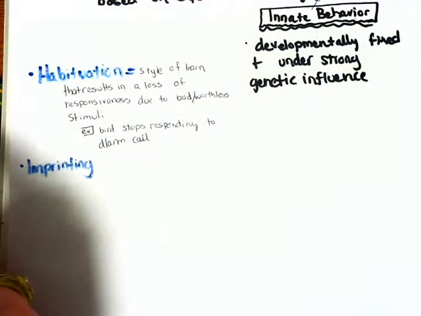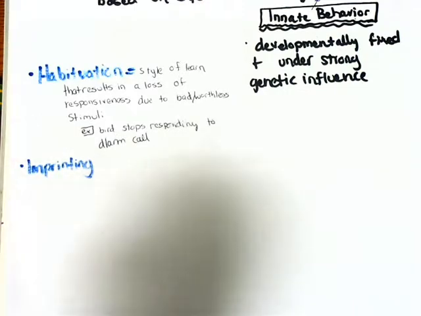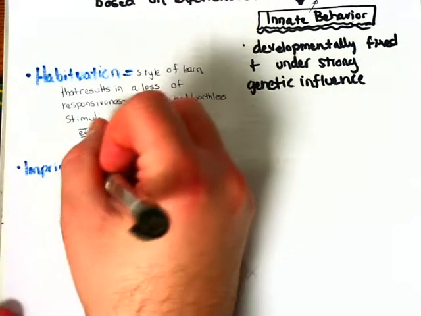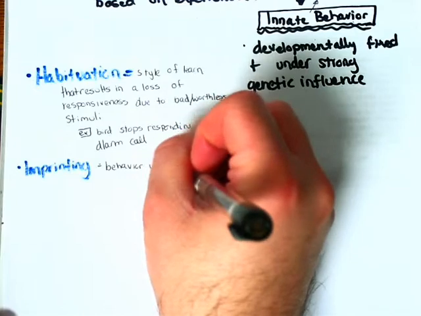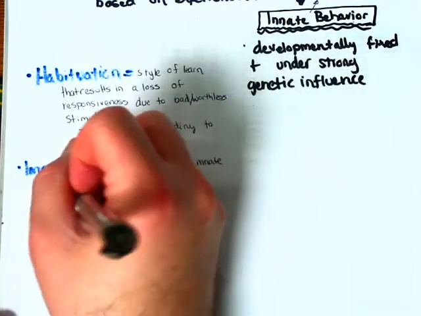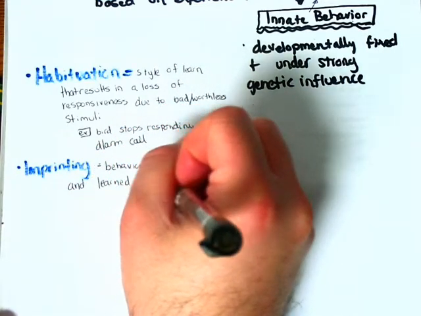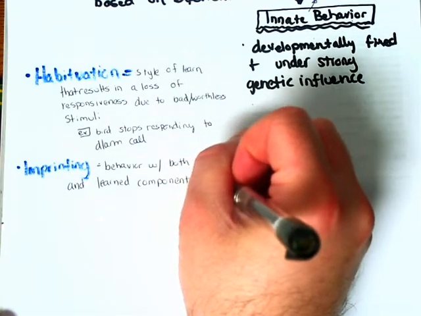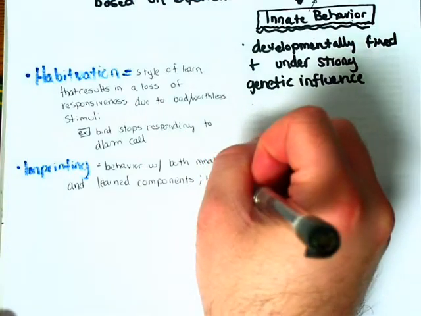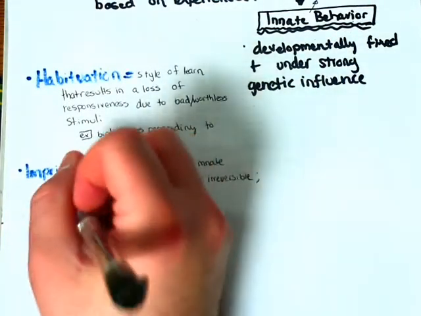Imprinting. When you think of that term, imprinting, you kind of think of something that's pretty much static once you put it in the mind of an individual. And it is true. It is a behavior with both innate as well as learned components, and is typically considered irreversible, which means it really obviously cannot be undone. And it occurs during a sensitive period,